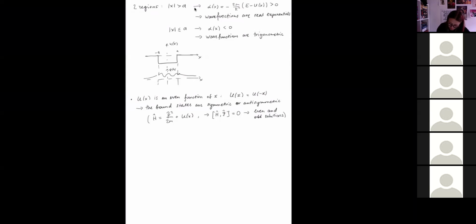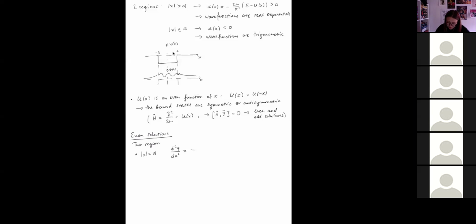Okay, so since we made this conclusion, let us first look for even solutions. And again, we're just looking at the two regions: modulus x less than a and modulus x bigger than a. So first we look at modulus x less than a. Then we have